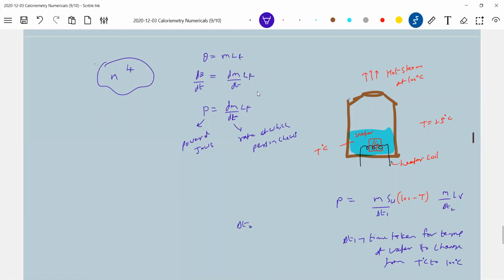What is delta T2? The time taken to vaporize water. Tell me how you would design this. Delta T1 is half an hour, this is 1 hour. Will you use such a steam vaporizer, am I right? Suppose delta T1 is half an hour, and this takes another 10 minutes, and this 5 minutes, 15 minutes. You switch it on.